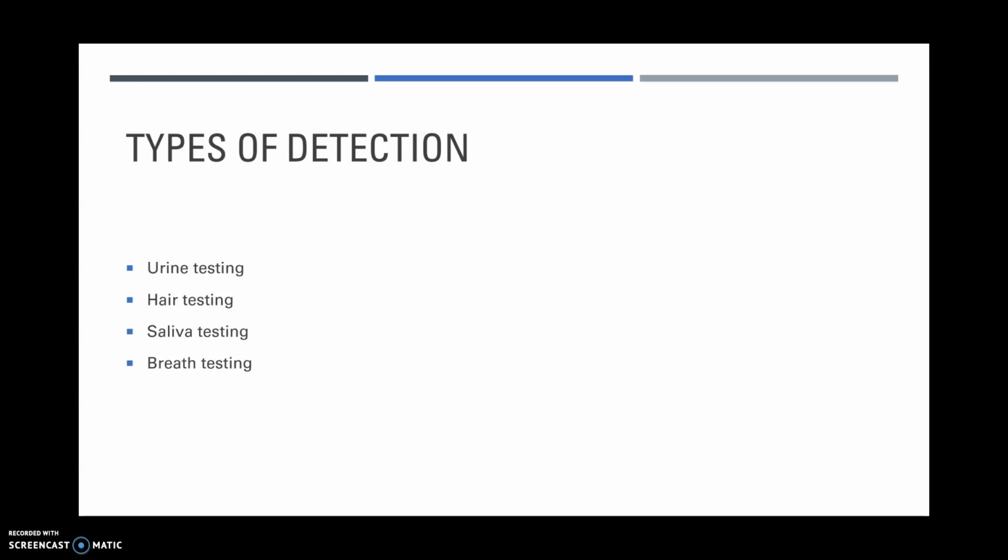used. The next is saliva testing, which is ineffective, but it works very quickly. It can only detect things within 3 hours. And the final is breath testing, which is used for alcohol and drinking. It can detect for the past 13 hours, and it uses your blood alcohol concentration to detect how much alcohol has been consumed. In conclusion, there are many drugs and illegal substances banned from athletic competitions in order to ensure participants' health and a level playing field for all sports.